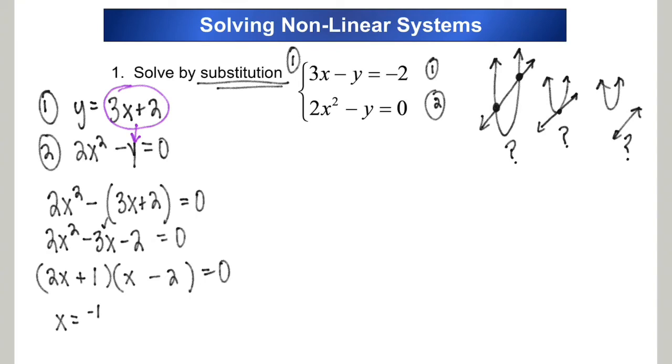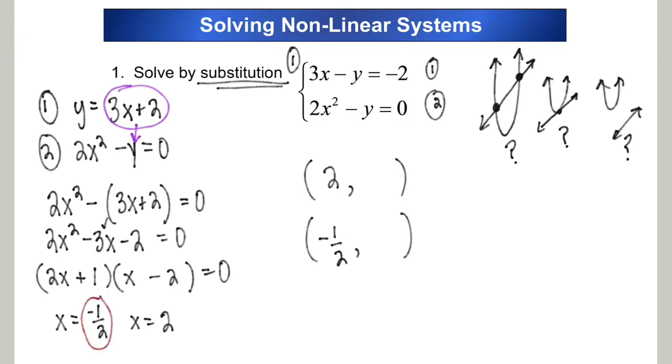I get x equals negative 1/2 and x equals 2. So I've got two ordered pairs, one in which x is a 2 and the other one x is negative 1/2. Now I'm going to take each of those values and I'm going to plug it back in. So I'm going to take this negative 1/2 for x and I'm going to plug it back in for x